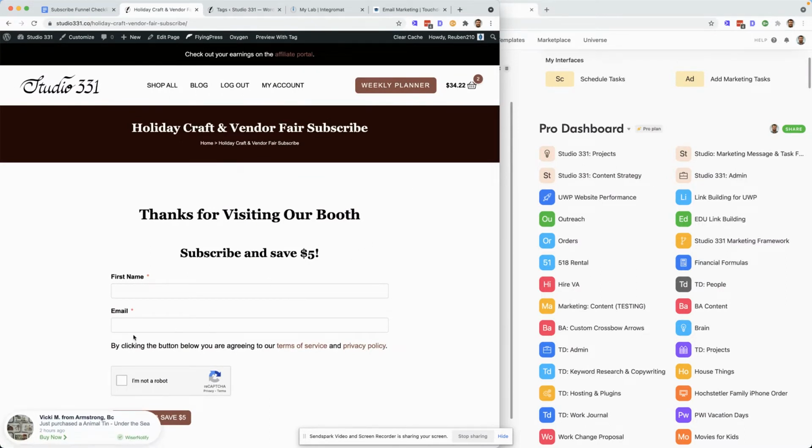Now we've got our form here. The one tag we're adding is going to put them into our actual subscribe funnel. That adds the additional nurture tags that we need. And the other one is a history tag so that we know, hey, they did opt in, they joined our list through this campaign. Now, when this is submitted, we need to get this to show up